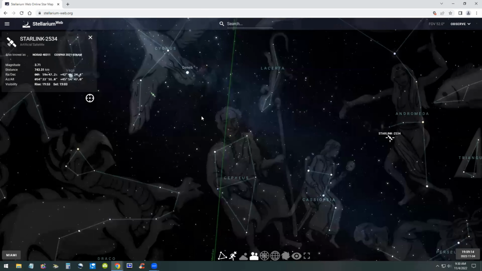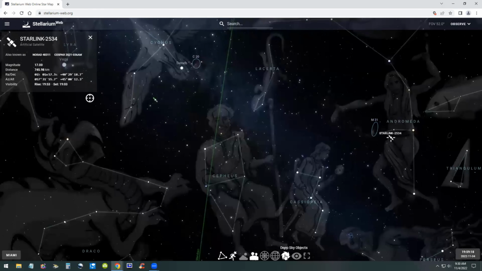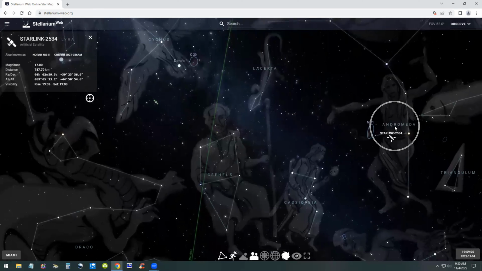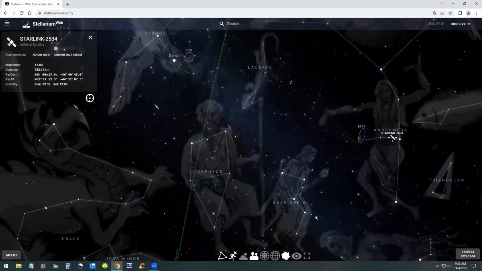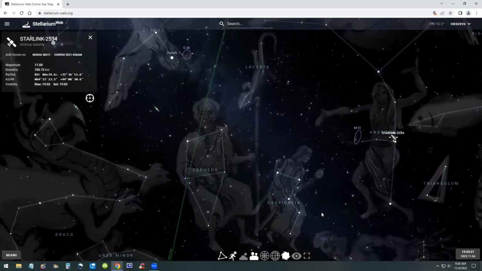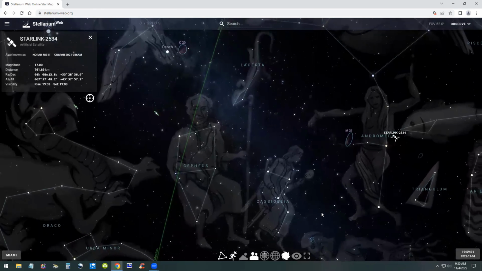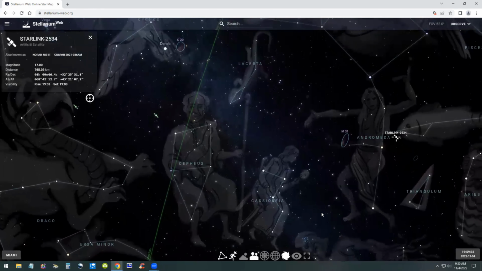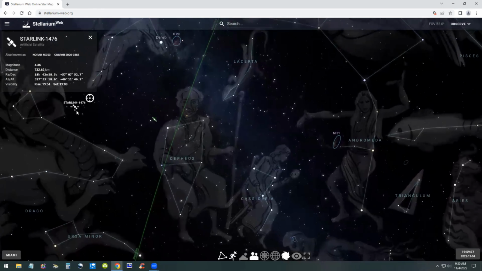The Starlink satellite on the right side is passing over the Andromeda galaxy. This is another galaxy. This is not the Milky Way galaxy. It's a whole different galaxy somewhere else in the sky. It's just amazing that we can track all of these things that are so far away.